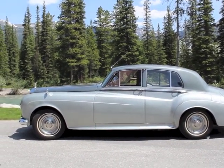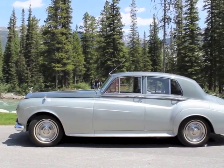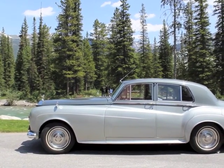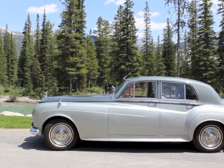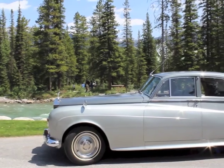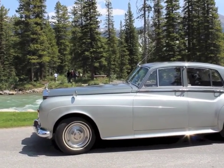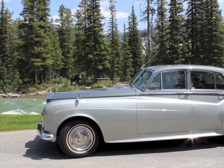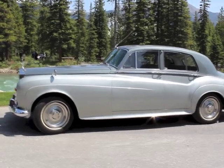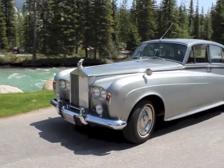Visually, the car is a little bit different. The bonnet line, as it goes from the Spirit of Ecstasy to the windshield, is raked, whereas in the earlier cars it was pretty much flat. And also the tops of the wings have been lowered a little bit. So the front end of the car is a little bit more, let's just call it modern, or even a bit sportier compared to the older car, which was a bit more square-rigged. Of course, the major difference was the quad headlamps,